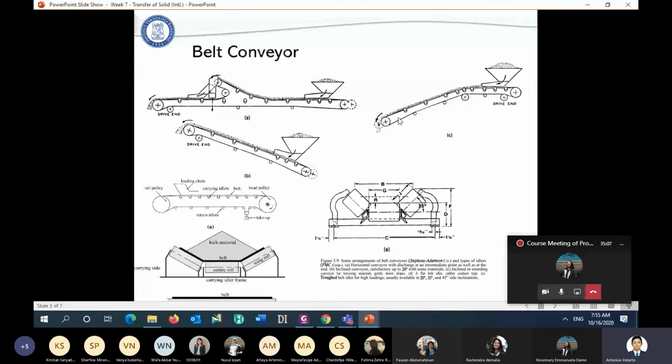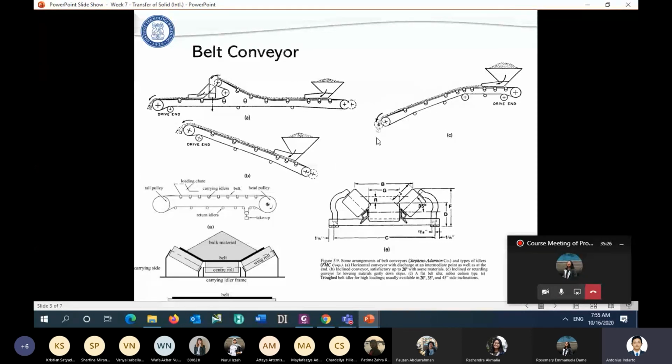There are many types. For example, this one is horizontal. And this one is when we have an inclination. But again, it is limited to 20 degrees in terms of the slope or the inclination.